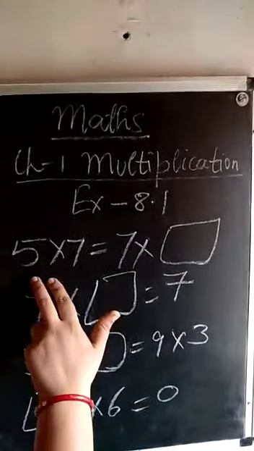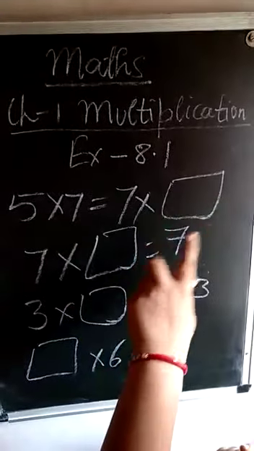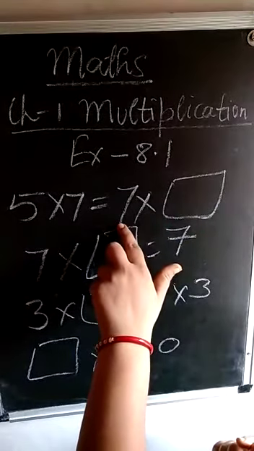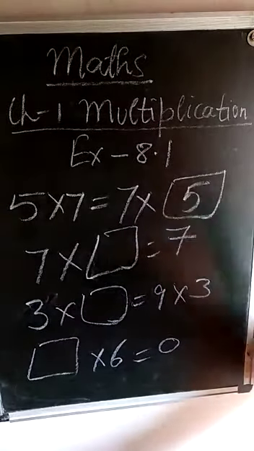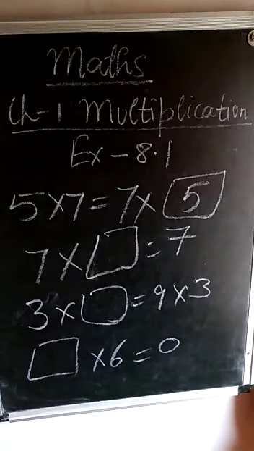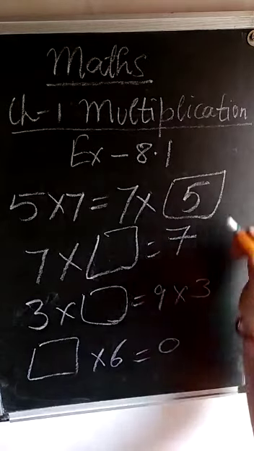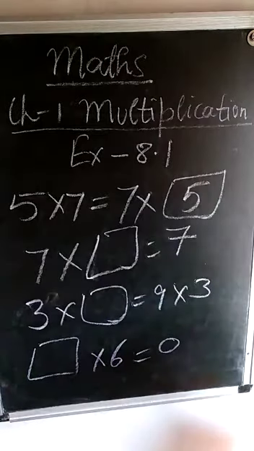But on the left side we have 2 numbers, that is 5 and 7. But on the other hand, on the right hand, we have only 7. That means which number is left? That is 5. We don't even need to multiply the given numbers and solve that. Without solving the sum, we can easily write the answer by putting the missing number.